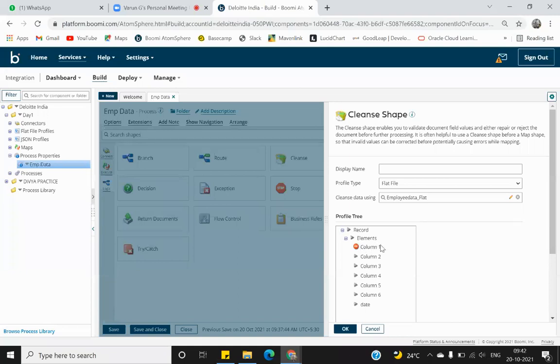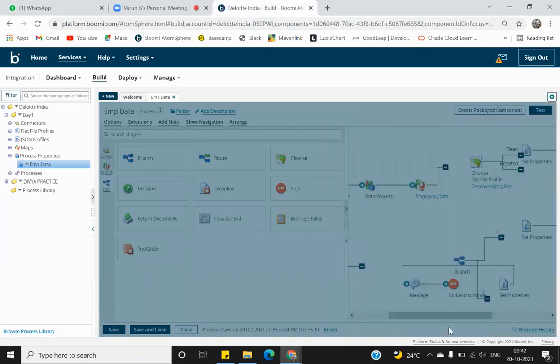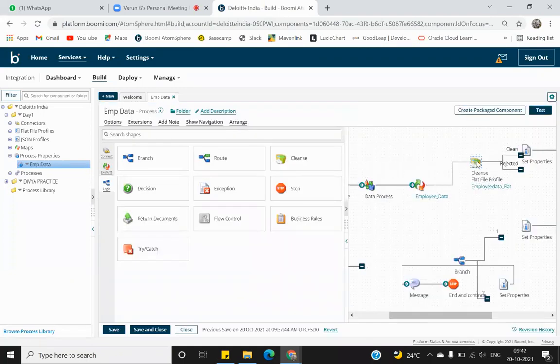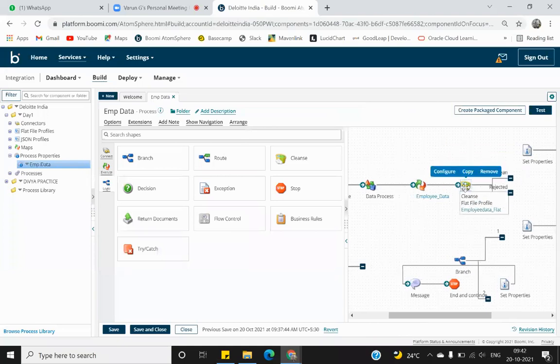If it does not find column 1 in the record, it will reject those documents. For now I connect it, and now you're seeing here one as clean. So whatever document contains that mandatory field is considered a clean document. Otherwise it will be rejected.